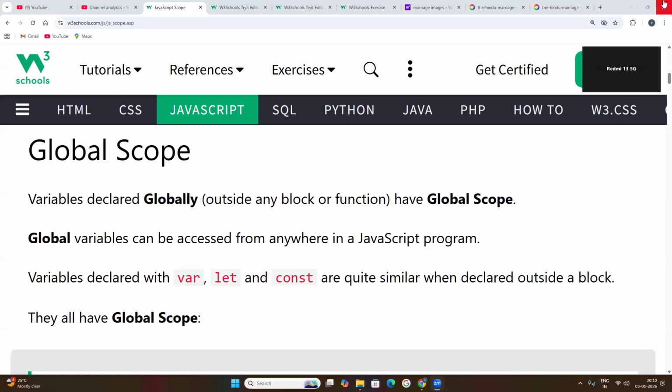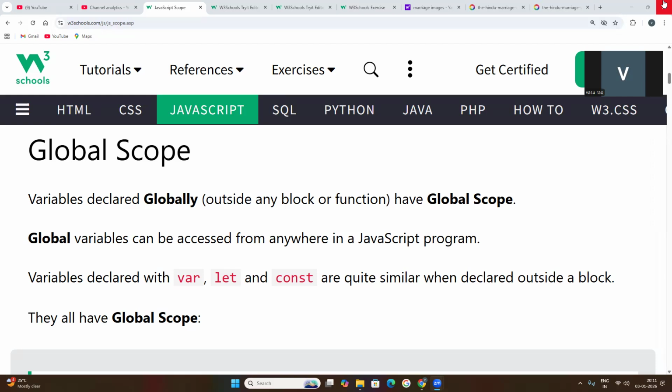If anybody wants to become a web developer, you must be able to understand these three languages.